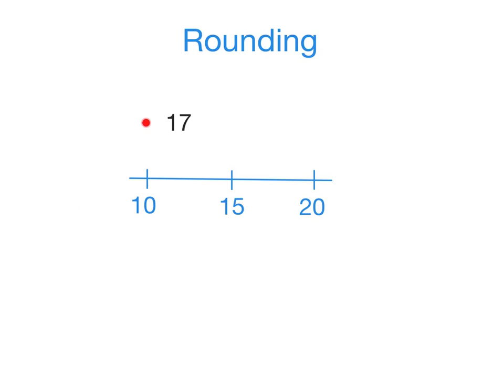I'm going to take a number like 17 and we're going to round it to the nearest tens place. And all we're doing when we round it to the nearest tens place is we're taking the 10 that is below 17, that is less than 17, which is 10, and the one that's just above 17, which is 20, and we're just asking ourselves which one is 17 closer to. Obviously, 17 is closer to 20, so 17 will round up